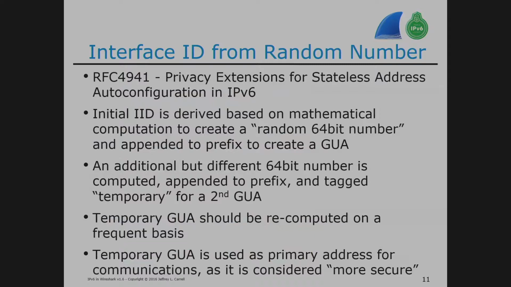Now, the other thing about the random number generator is it generates two 64-bit numbers that are used for the interface ID. One, basically, that you get, and the second one called the temporary. The temporary was an added feature to say, hey, not only do we want something that looks random, but we need it to change so that Jeff isn't using the same random number everywhere Jeff goes. Then they were no better off than the MAC address. Okay? The downside to this temporary number is it can change.